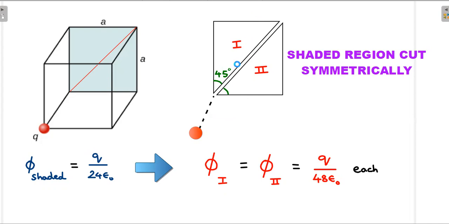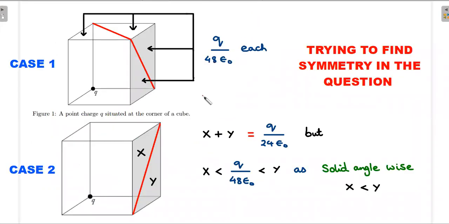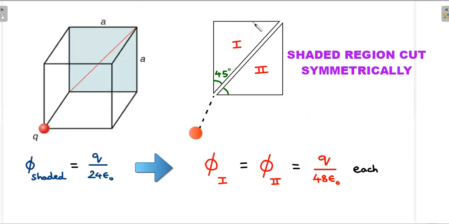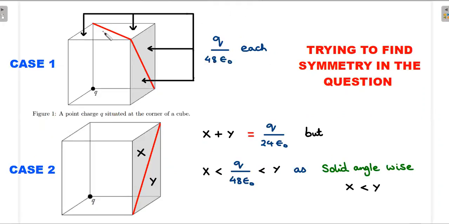Let me move forward now. Right, now let's do it a bit further. So imagine the original cube question that I've shown in the problem. If there is a point charge here, with that symmetry that I checked here, you can go ahead and make this top face, which is the non-touching face. So the entire top face will have a q by 24 epsilon naught, of which each of these, if I